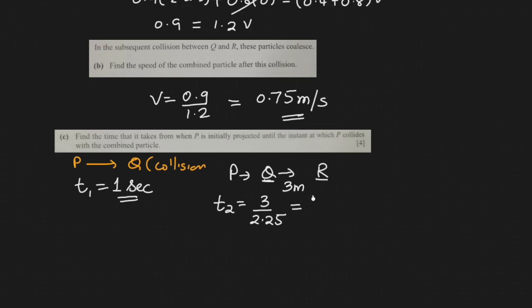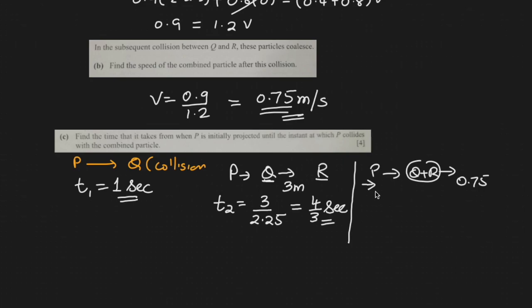1.333, so basically 4/3 seconds. Okay, now finally this P is moving towards Q, and Q plus R has become a body, right? And that body is moving with 0.75 meters per second, and this P is moving with 1.5 meters per second. Okay, so we will see that in 4/3 seconds, when these Q and R collided, right,